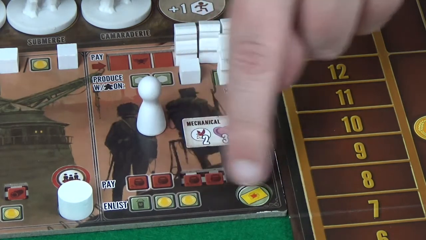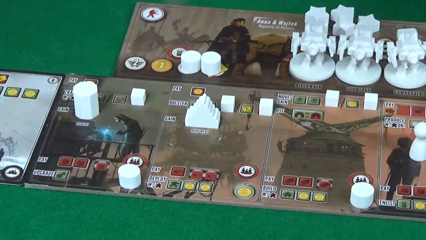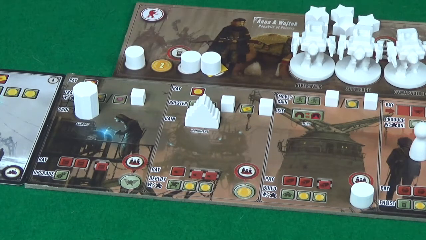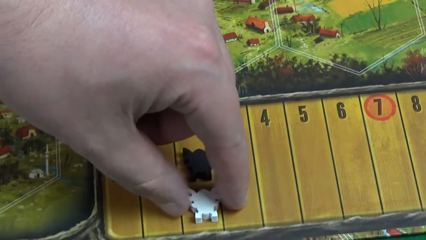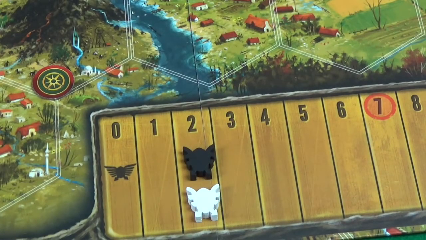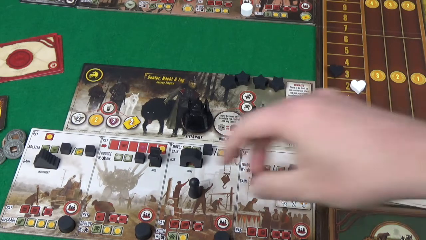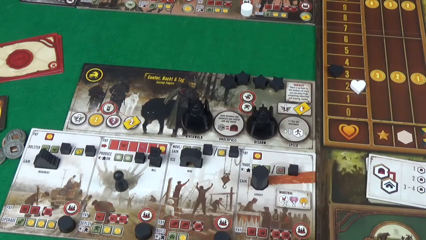So again, 2 money and a combat card to enlist my upgrade recruit, and I will put it to get me 2 power, taking me up to 2 power along with Pixel. And thankfully I'm safe from Pixel attacking me again because she can't move again, but what she will do is